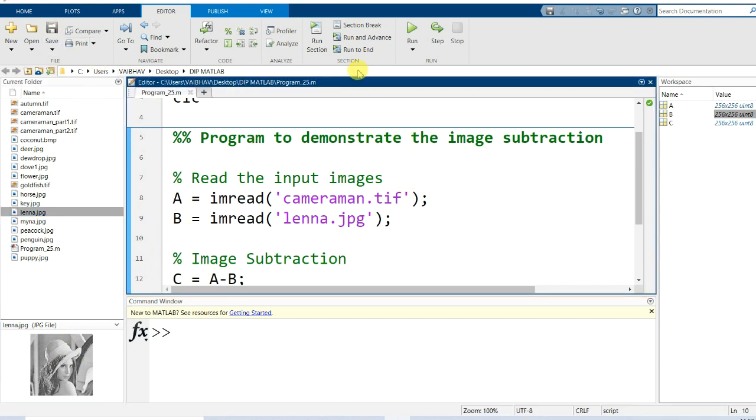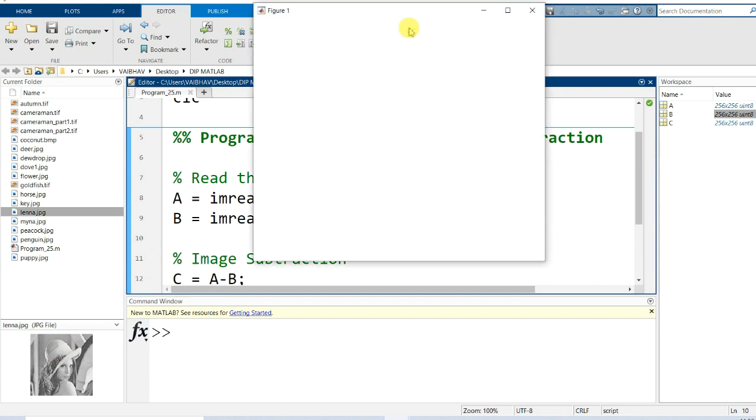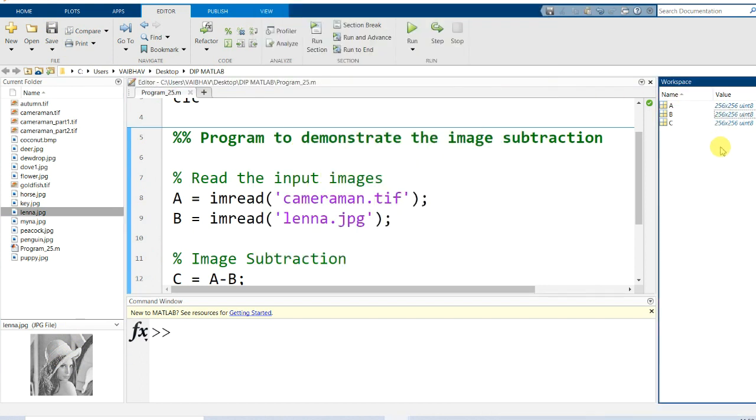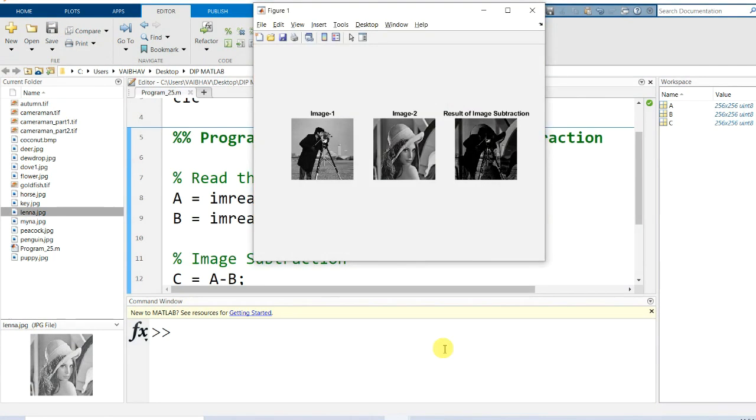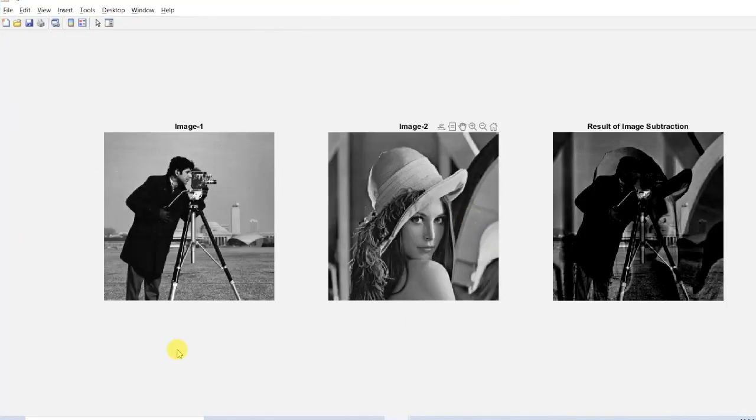I will save the changes and run it again. There won't be any changes in the workspace, as the dimensions are the same. But here you can see in the subplot camera1.tif as image 1, then lena.jpg as image 2. When image 2 is subtracted from image 1, the result of image subtraction is displayed here.